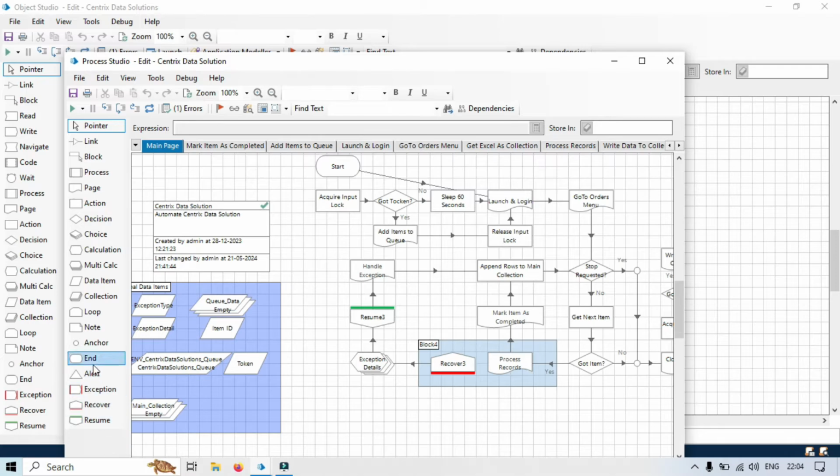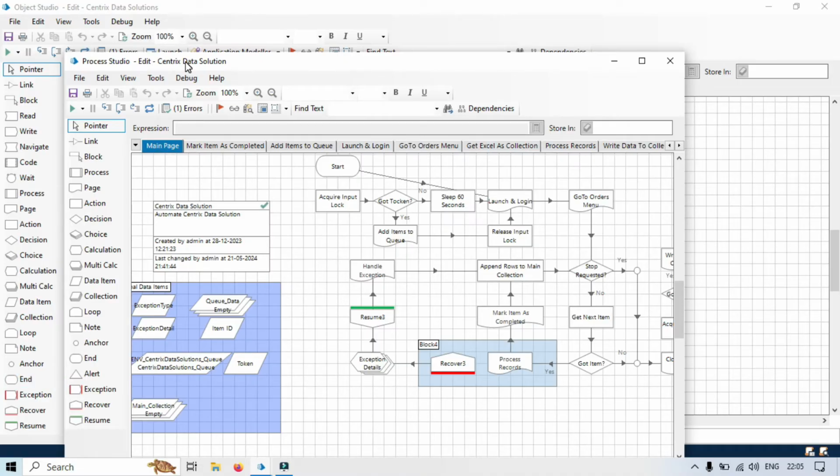Now you notice that alert stage in Process Studio is not available in the Object Studio. So the five stages which are available in Object Studio and not in the Process Studio, and one stage, the alert stage, is available in the Process Studio but not in the Object Studio.